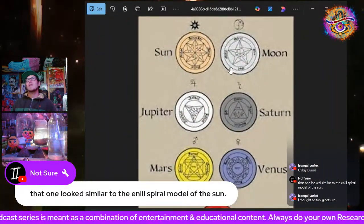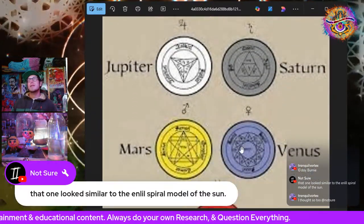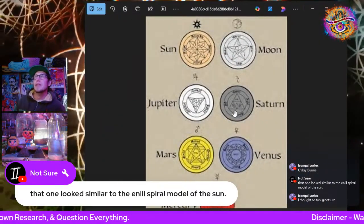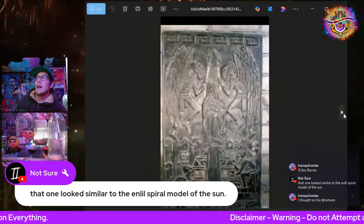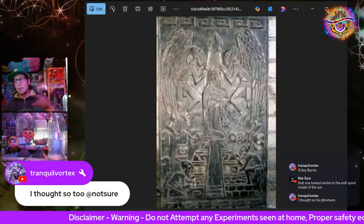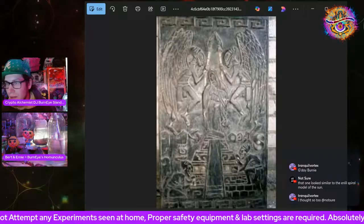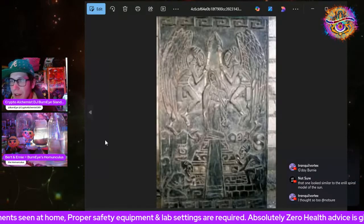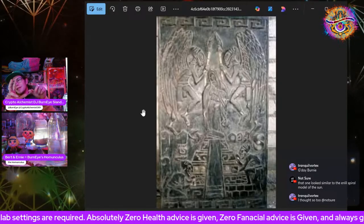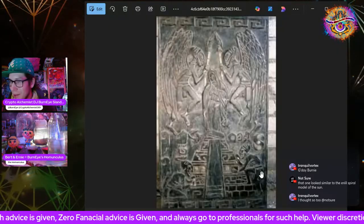I've seen other ones, so I think these are like the ancient Hebrew ones, symbols or seals for the different planets, but there's even older ones that actually are the path, like the spiral paths of the planets around Earth and the sun, kind of like, oh gosh, I forget what they're called. The old, you put your pen in, you have the spiral within the spiral thing, and it goes around and around. It'll come to me. Anywho,